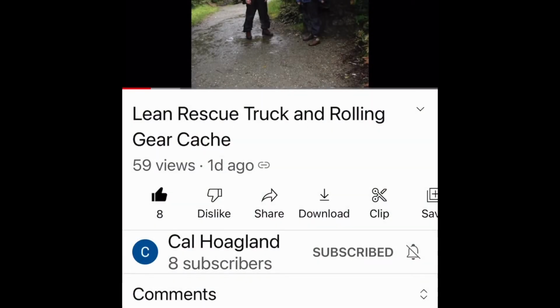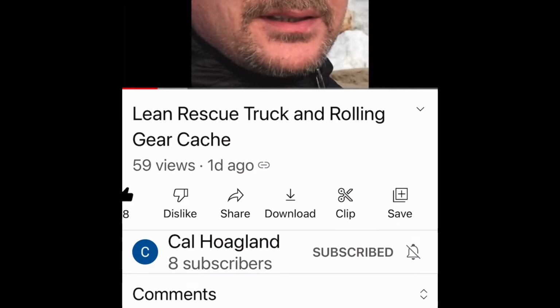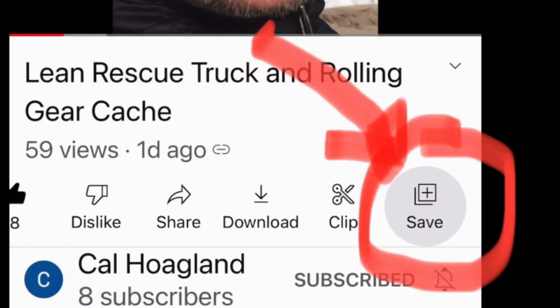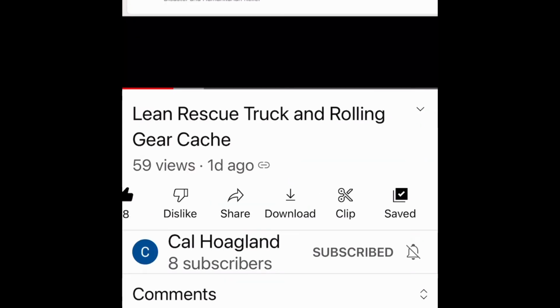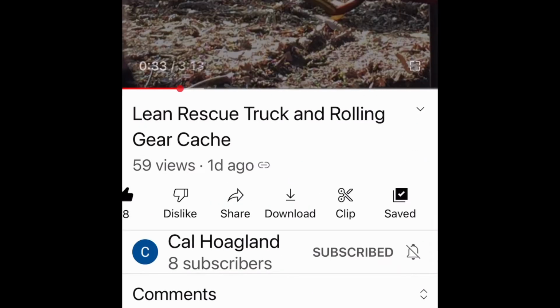So if I'm watching a good video like this one on a lean rescue truck and rolling gear cache and I want to save it for later, just below the video there is a button over on the right that says save, and when you click on that it will pop up. Now you can make a new playlist upper right there, or if you've already got one you can click on it and put it in lean videos. That will now put it in with all of the rest of the videos that I've saved